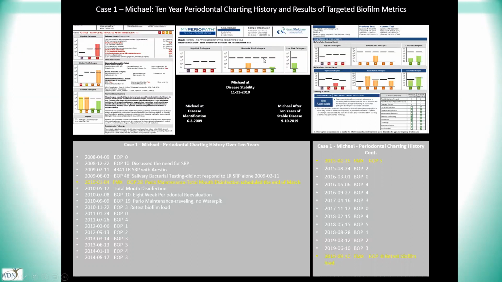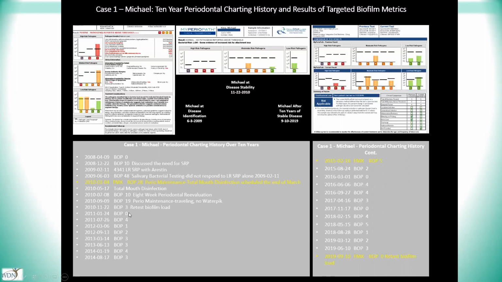And this is nice. Now, what I didn't do for Michael is take yearly bacteria reports, like I have on other patients, but I collected it again 10 years out, and he still has a different microbial load than he did at disease presentation, even though there's a little bit of creep. The threshold values are a little different now because we've learned more about the disease, but look what else I'm able to have. I looked at every periodontal chart that was taken from 2009 all the way up to 2019,